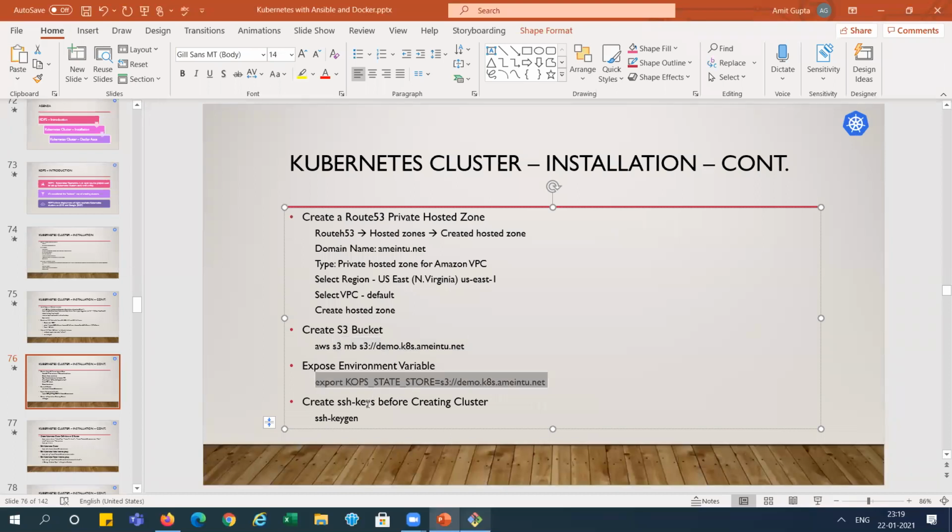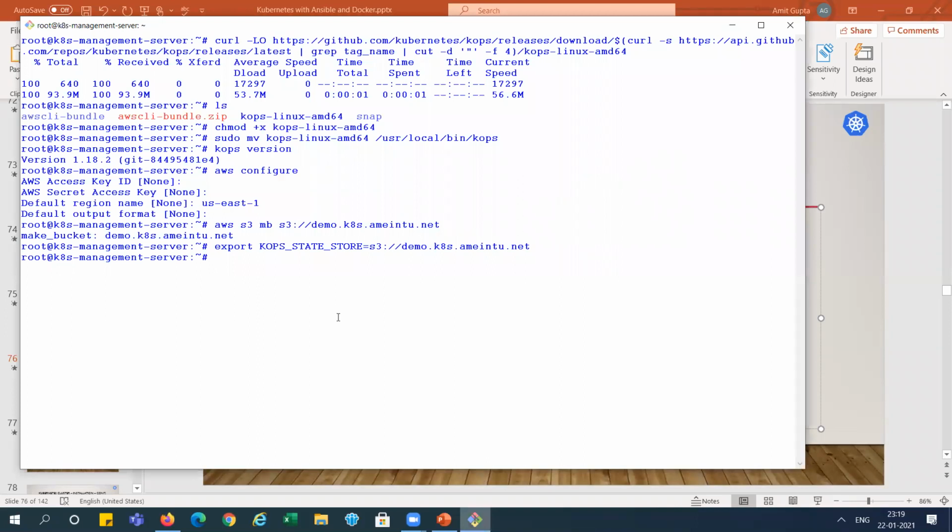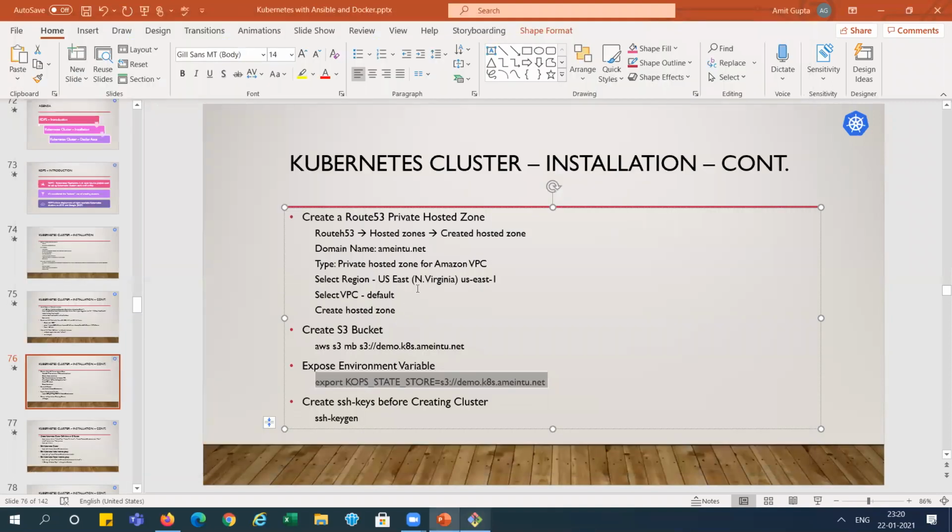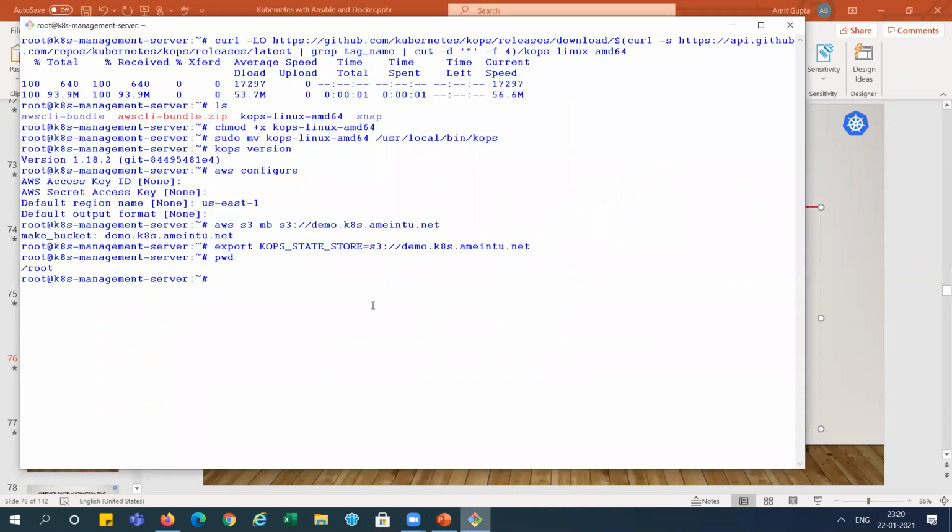Now we need to generate the key pair, right? I'm just checking that we are on the root side, right? We are doing this with root access. So I'm generating this key pair. It is generating the key.